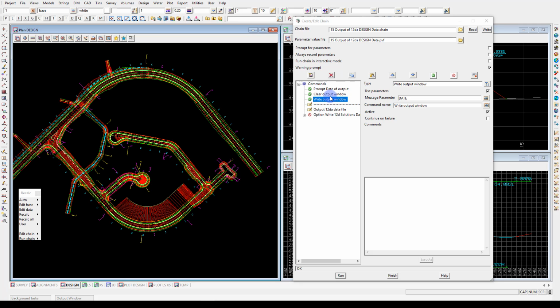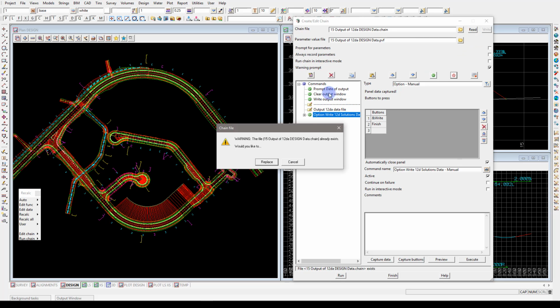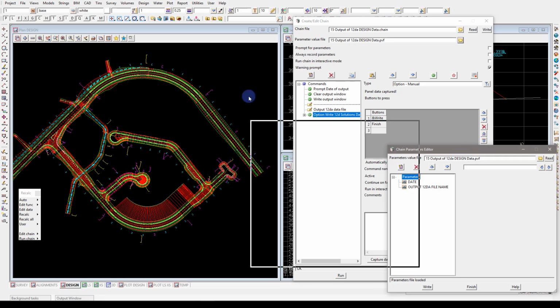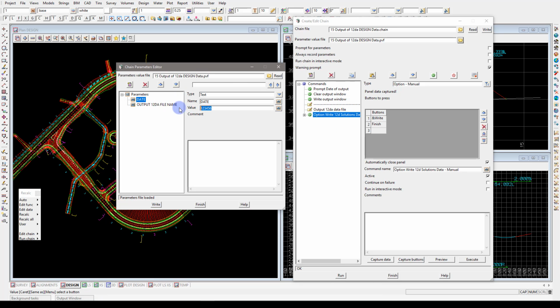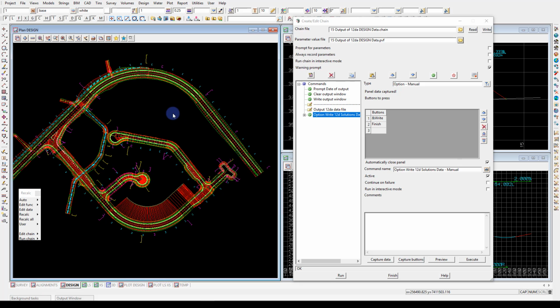Now that I know that that's working, it's actually prompting me and giving me the right information, it's going to then be able to pass that down to my 12DA file. I probably do need to turn that one back on. And I would probably suggest coming back in here and changing the original answer because it did remember that weird value. I'd probably put in here the year again, just write that in there, because that one will be remembered and run the first time. So as I run this now,